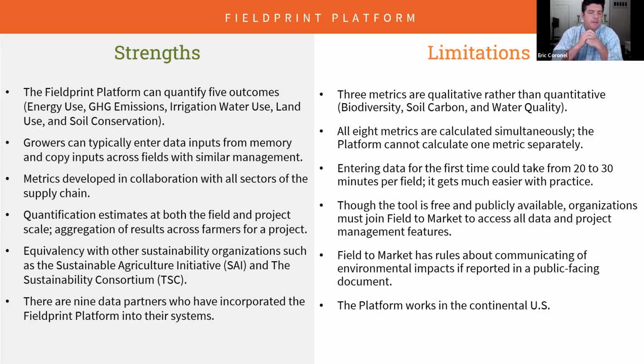In terms of strengths and limitations, we can quantify as a strength 5 quantitative outcomes: energy use, greenhouse gas emissions, irrigation water use, land use, and soil conservation. Growers can usually answer all the questions in our data entry module, usually from memory. They may have a question about, okay, apply 40 pounds of potash this season or 45. So sometimes you have little details, but overall, the primary data can be answered just from memory, just because it's